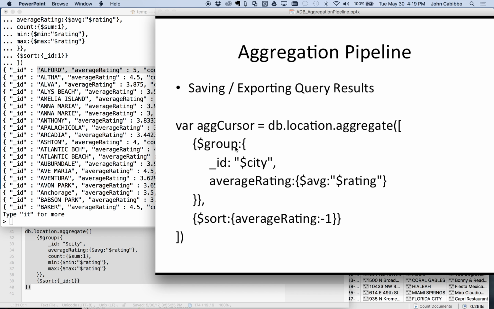Now, cool thing we can do is we can actually save and export the results from a query. So let's go ahead and say we do run a query, and right here we're getting the average rating per city grouped by the average rating descending. And I want to go ahead and save it. Well, I could just say var, declare a variable, I'm going to call it aggregate cursor, ag cursor, equals to,